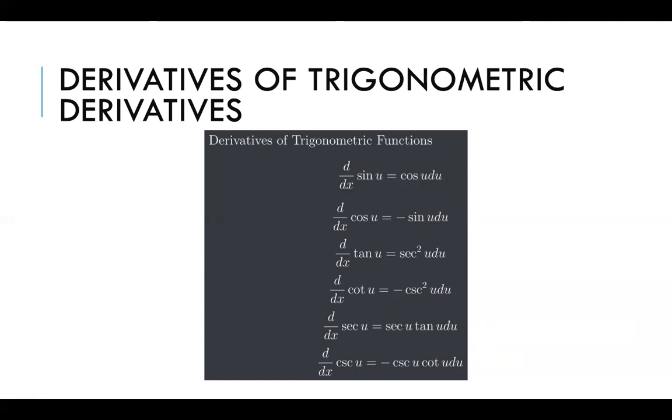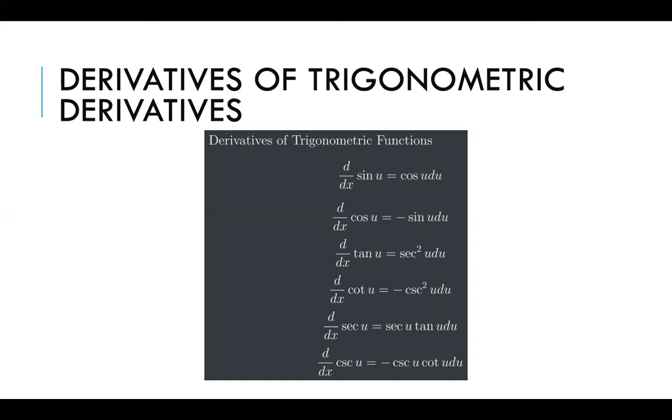Then the derivative of tangent u with respect to x is equal to secant squared u du. Then the derivative of cotangent u is equal to negative cosecant squared u du. Meanwhile, for secant and cosecant respectively, we have secant u tan u du and negative cosecant u cotangent u du,